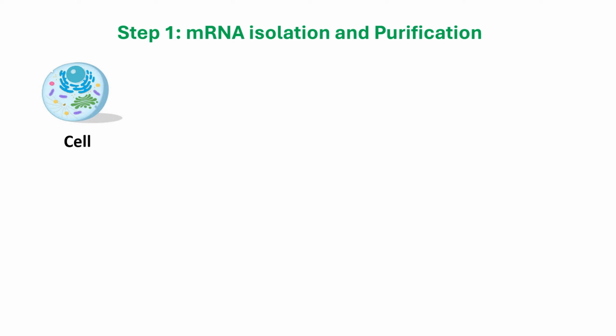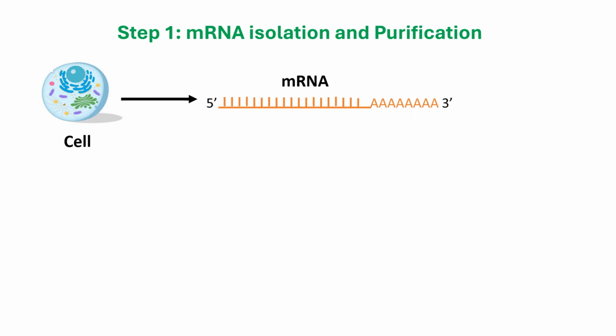So, we have to target the cell in which the gene of interest is expressing. For instance, you want to do extensive studies of the insulin gene. You have to look no further than going directly to the pancreas and then extract mRNA from the pancreatic beta cells. And then, after extracting your mRNA from your target cell, we can go ahead and purify the